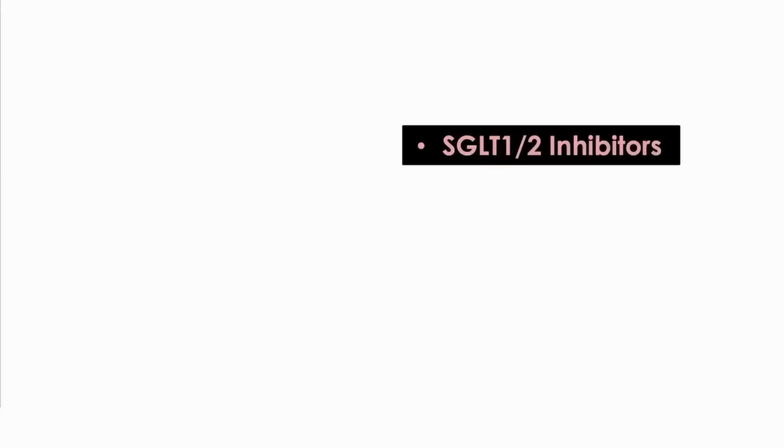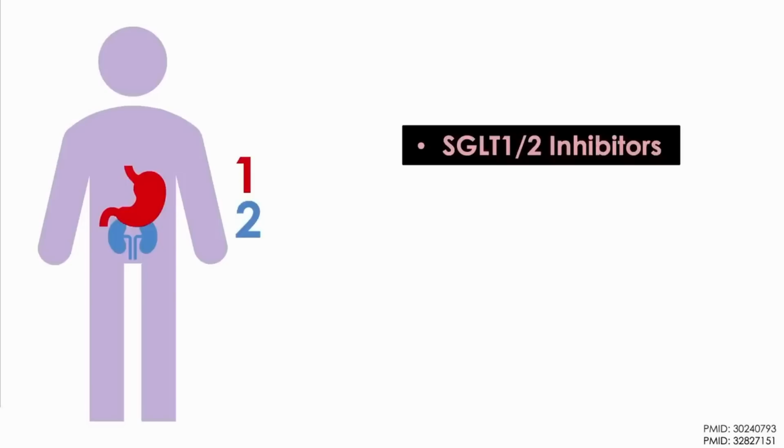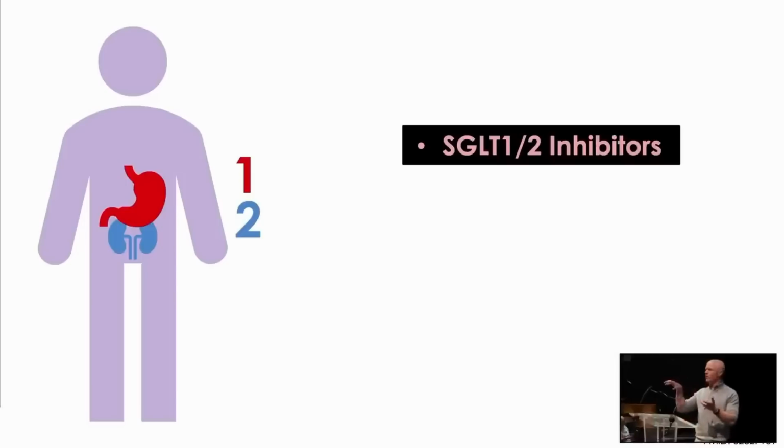Now, SGLT1 and 2 inhibitors, these are generally operated under the trade name with the suffix gliflozin. There are a lot of weird names to these drugs. But this is an interesting mechanism of action, where SGLT1 is a glucose transporter that will move glucose from the guts into the bloodstream. SGLT2 is a transporter that will move the glucose from the kidneys back into the blood. The kidneys will pull the glucose in, and then SGLT2 will put it all back into the bloodstream. These drugs, as the name suggests, block that effect. It closes down those transporters.